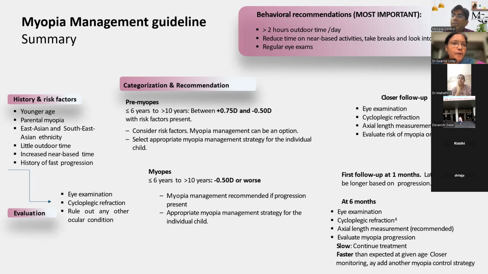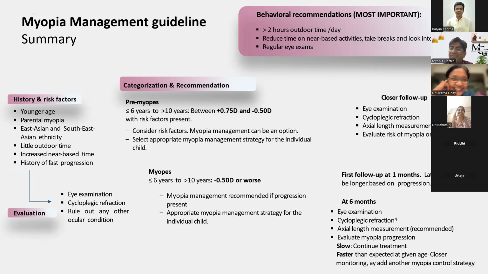Sir, have you come across any cases where rarely one eye will start progressing, the other eye will be the same? Yeah. Eventually, 2 or 3 months later, the other eye will also have reached. That happens. Should we start it in one eye, or both eyes together? How do we go about this, sir? Yeah, you have to start in both eyes together. You can't, see, if you start in one eye,